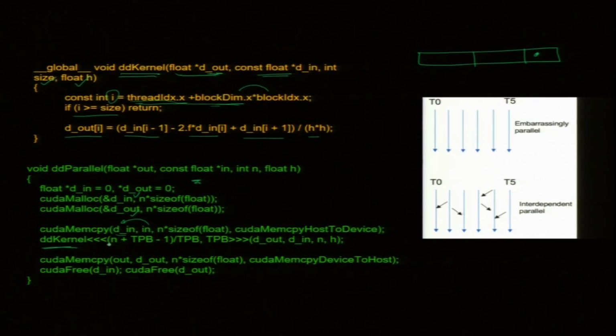and I explained why I should choose the block size as this. TPB is threads per block, which we discussed in the earlier class. So, you need to give the number of blocks and the number of threads, and the arguments are d_out, d_in, n and h. Okay. Then my result is back from d_out to out, and I print it. Okay. I did not put the print statement here, or well, I will not print the long array, but my result is here now. What I can do, whatever I want to do.